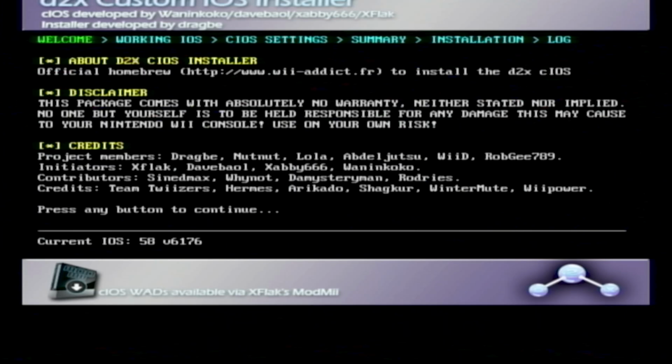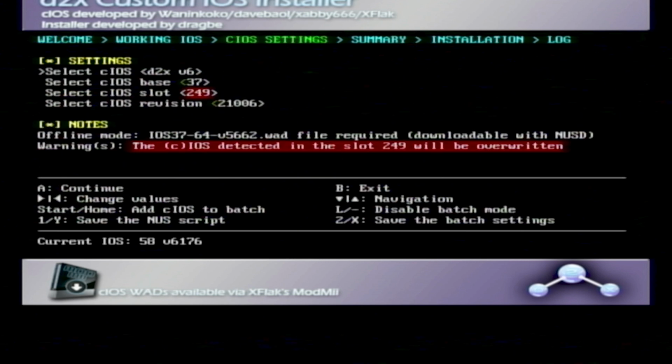So we press any key to continue, and now at the top here we have our settings that we need to define, and you'll see in the notes we're in offline mode. I like to do it this way because I don't have the Ethernet adapter for the Wii, and the Wi-Fi can't work with this app. The first setting we need is the latest version 11 beta 1. Next we select our base 38 and then our slot 248, and lastly we select our revision 65535 and then